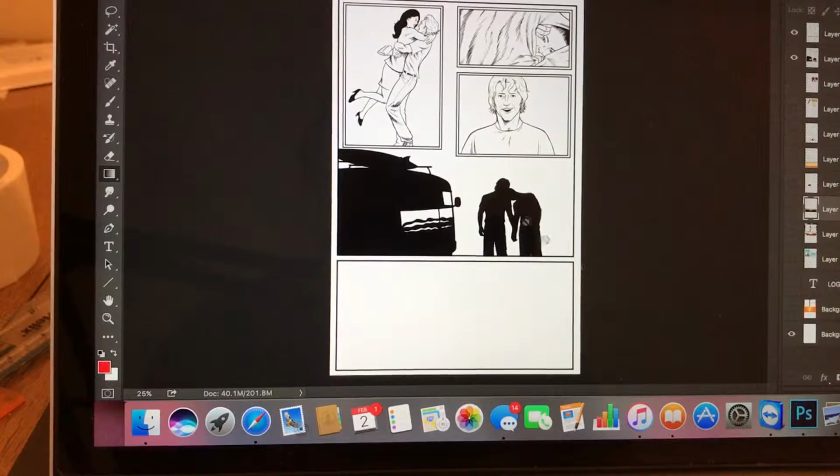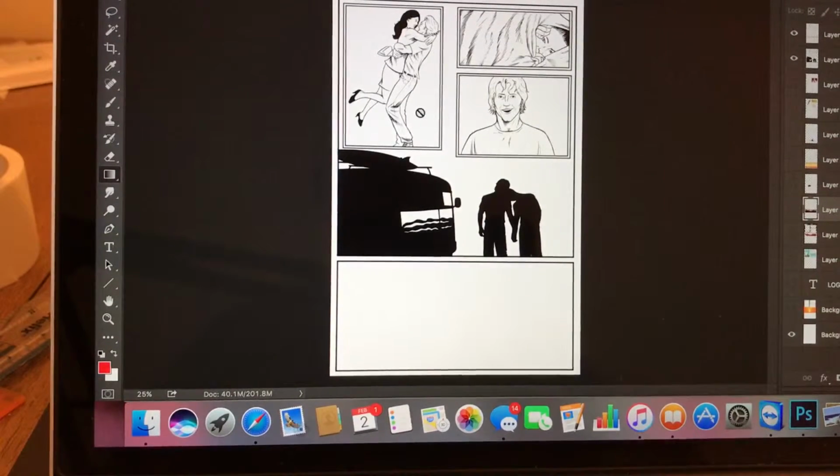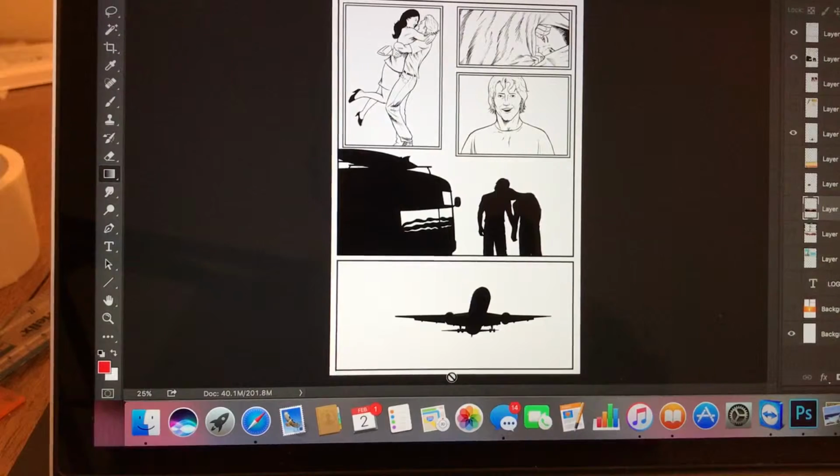And this page is actually about a turning point in this guy's life. He's closing the door on one aspect of his life, and he's starting up this whole new thing, and he's going to be flying off into the sunset. So I really wanted to use the sunset and a sunrise as a metaphor in this. Although it's not intrinsic in the script that I was given,